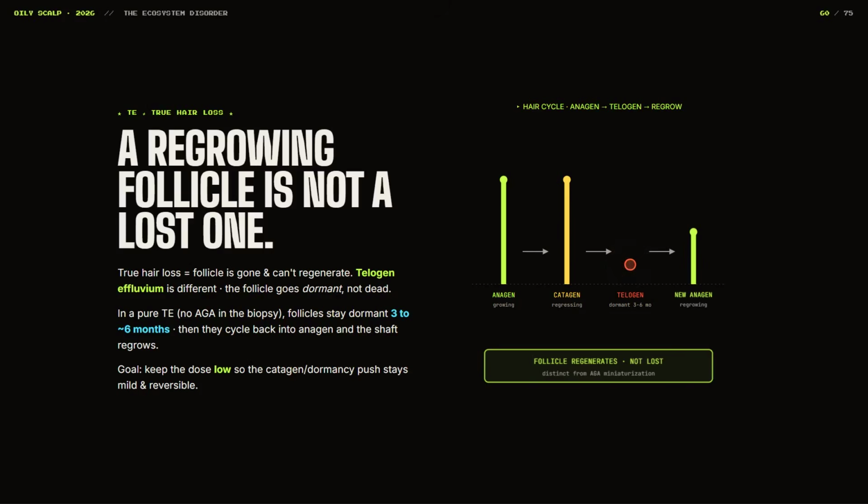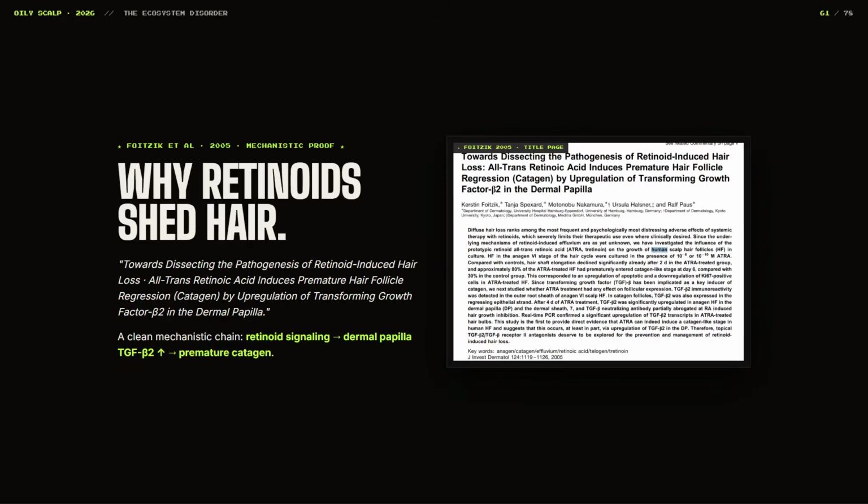So, there are some cases, I guess you can call it hair loss, but in a more technical term, it's different. We don't want to have a shedding of hair when using isotretinoin, and we can possibly prevent that from happening by going for a very low dose of it. Now, mechanistically speaking, there is an explanation as to why hair shedding occurs on isotretinoin, especially at the higher doses.